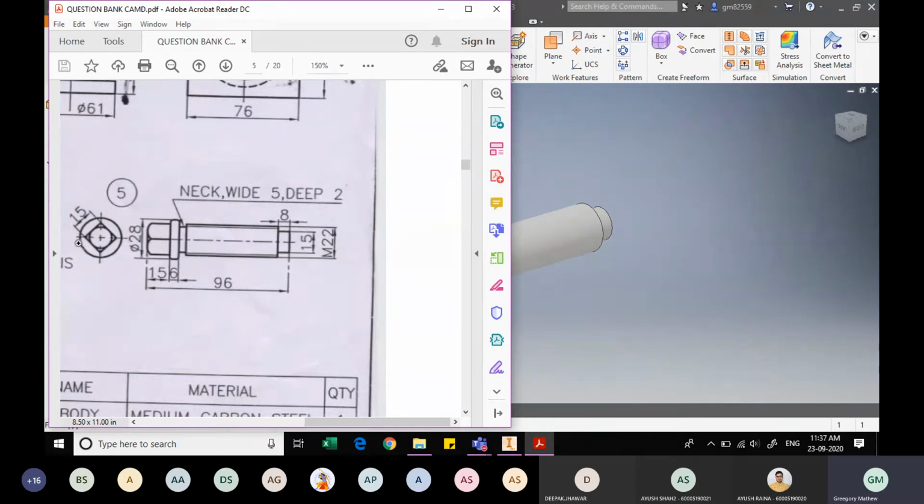What do you think are the dimensions of the size of the square? It is very clearly specified that the side length is 15 mm, and the cubical length is also 15 mm. So we'll create a cube which is 15 mm in length and whose sides are also 15 mm as shown.